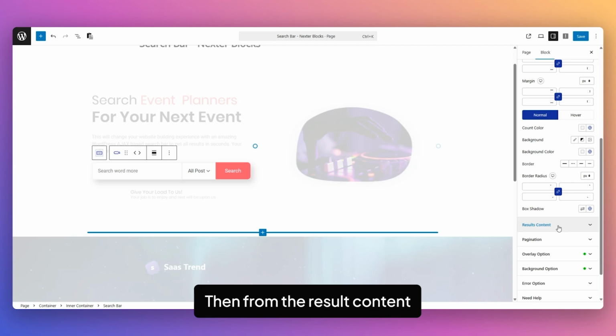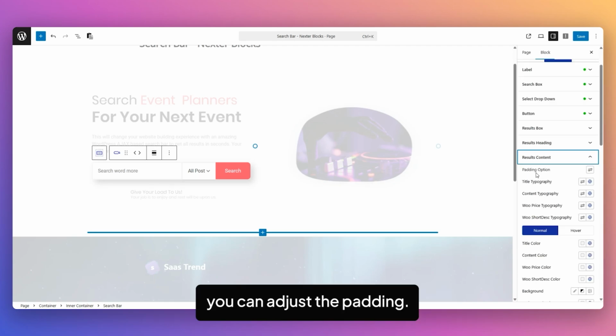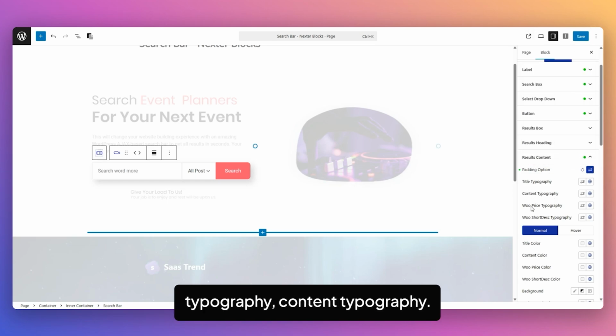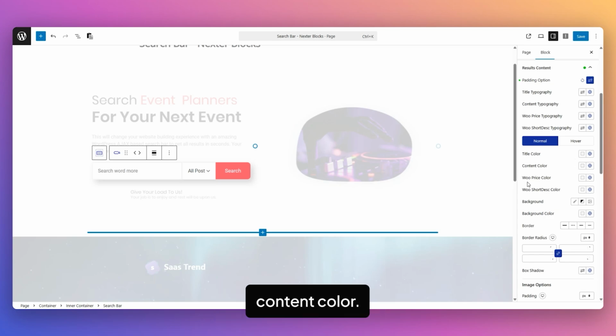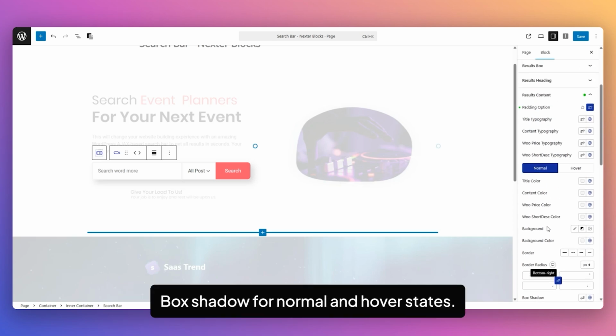Then from the result content, you can adjust the result content style. You can adjust the padding. You can adjust the title typography, content typography. If you have products in your search, you can adjust the price typography, short description typography. You can adjust title color, content color, price color, short description color, background, border radius, box shadow for normal and